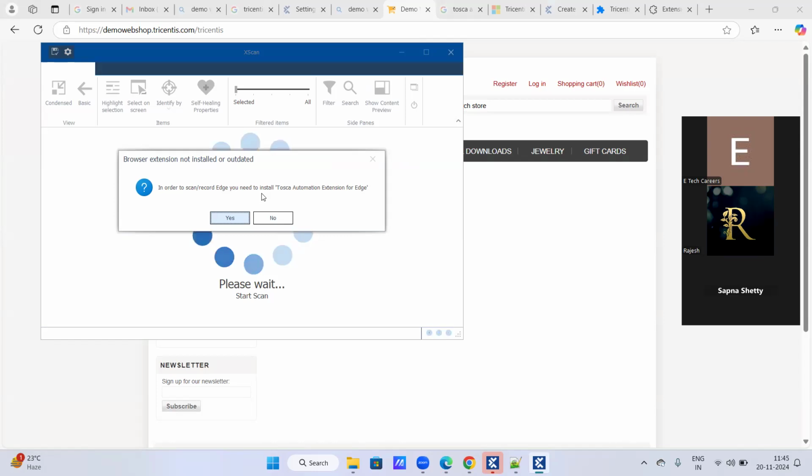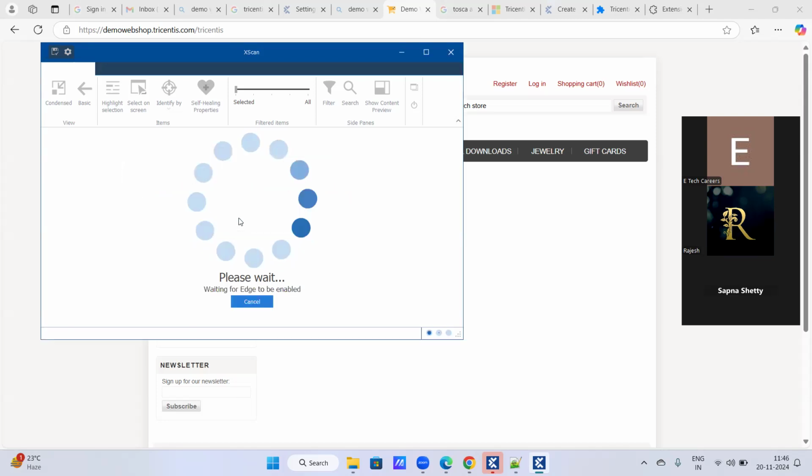These are two different objects. How do they communicate with each other? There should be communication between those two things in order to establish that connection. You need to have this automation extension for Chrome or Microsoft Edge or Firefox. When you install this communication method, the automation tool Tosca will try to capture the application and display the controls. So in order to scan or record Edge, you need to install the Tosca automation extension for Edge. If you click on that,